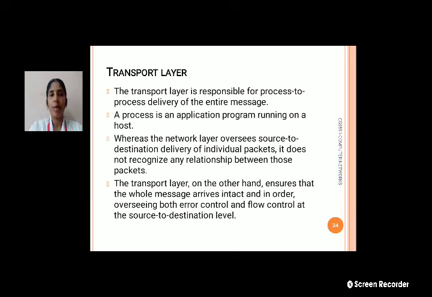Whereas the network layer oversees source to destination delivery of individual packets and does not recognize any relationship between those packets, the transport layer ensures that the whole message arrives in time, with both error control and flow control at the source to destination level. That is not recognized in the network layer.